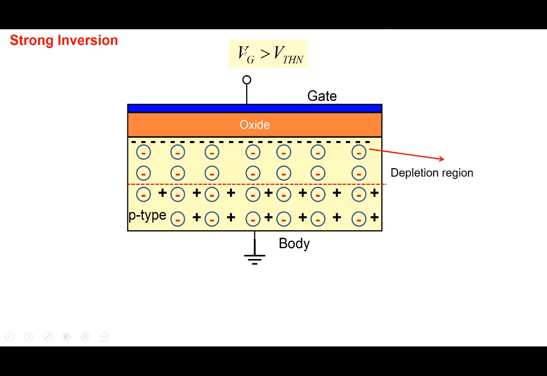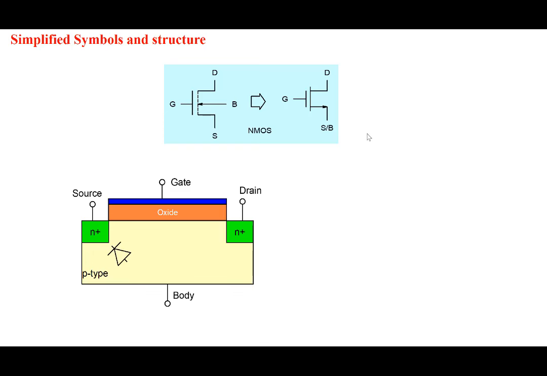So when the gate voltage is larger than the threshold voltage, what we have is a sheet of electrons at the surface. Okay. And if you apply an even higher gate voltage, you'll get an even larger sheet of electrons. Right. So a lot more electrons at the surface. Okay, so we'll see further what happens, but this is the symbol that we use for our